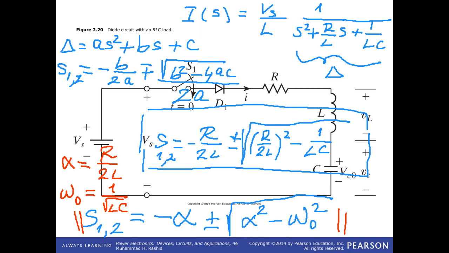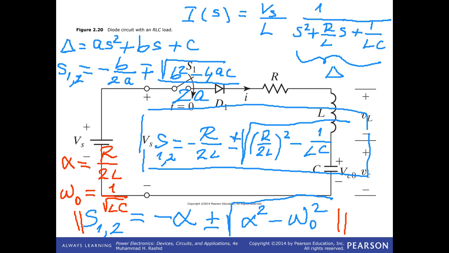Learning something from one course does not only belong to that course. This is actually circuit theory. You learn it from circuit theory, we implement it in control, and now we are using the same theory in power electronics. So, I repeat, follow my cursor: if alpha is equal to omega o, that means this part